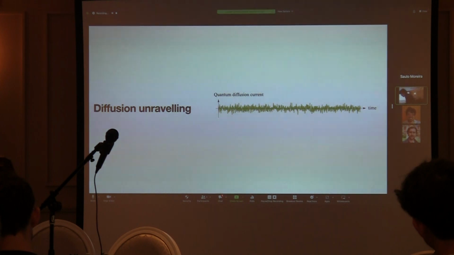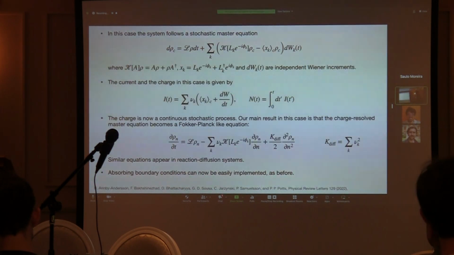So essentially the resolution is determined by how many jumps you want to count. Okay, so moving on, I want to talk now about the diffusive unraveling. I realize I'm going a little bit slow. So for quantum diffusion, the difference is that now the system will evolve according to the stochastic master equation, where the current is now essentially measuring not L dagger L, but